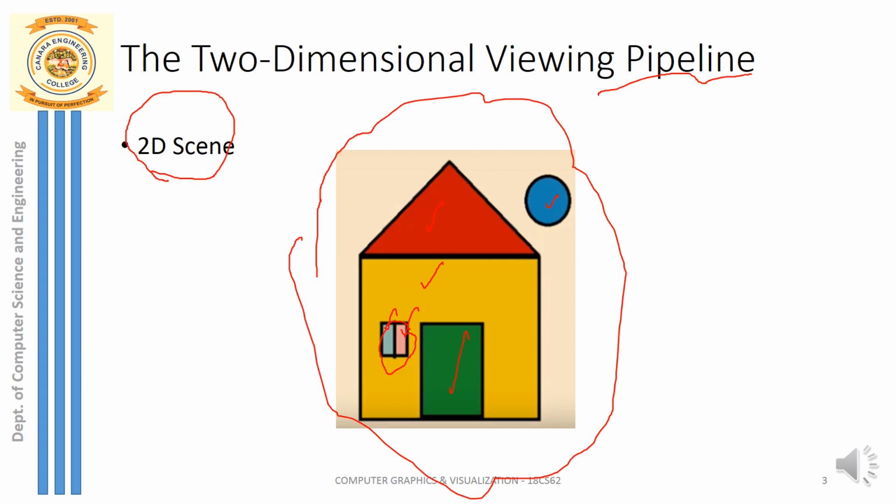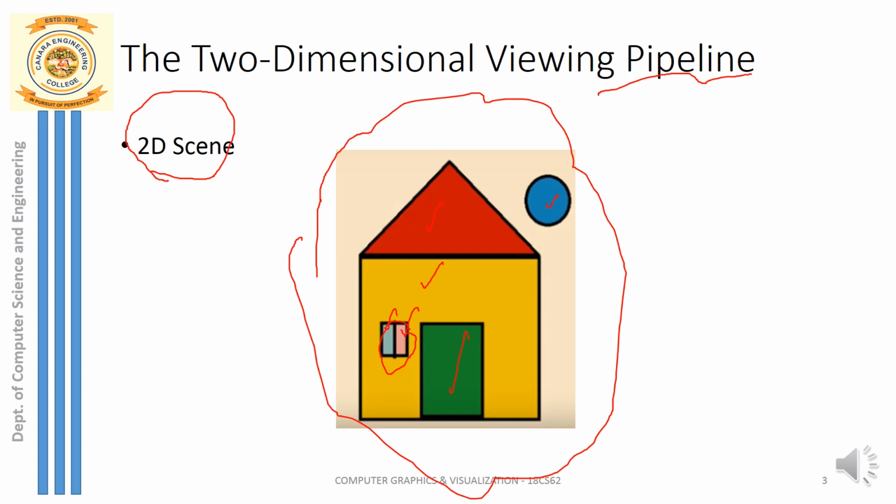That continuous conversion process, from the initial end to the display end, is called the 2D viewing pipeline. We will discuss that with the help of an example.